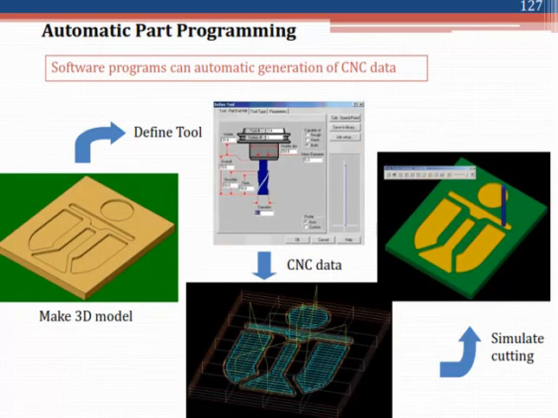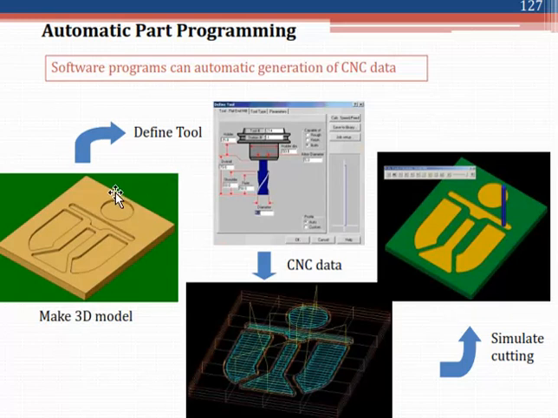what is the procedure, or what are the steps that we undergo in the CAM software? First, making a 3D model. By using the CAD software, you make a 3D model. That 3D model is imported into the CAM software.